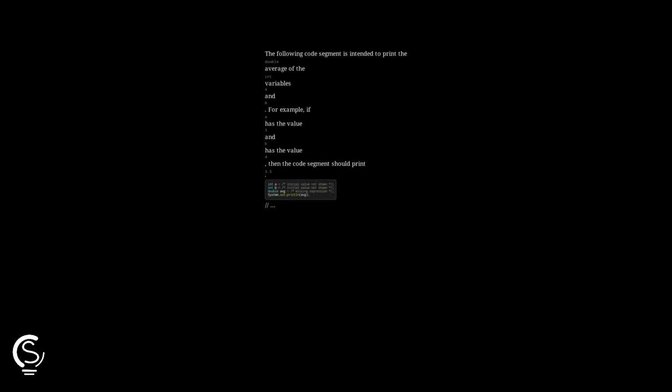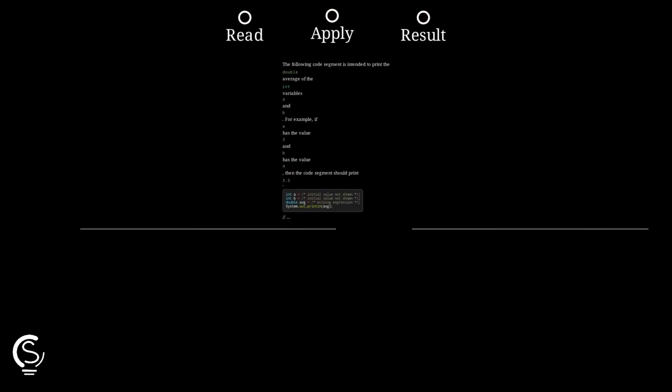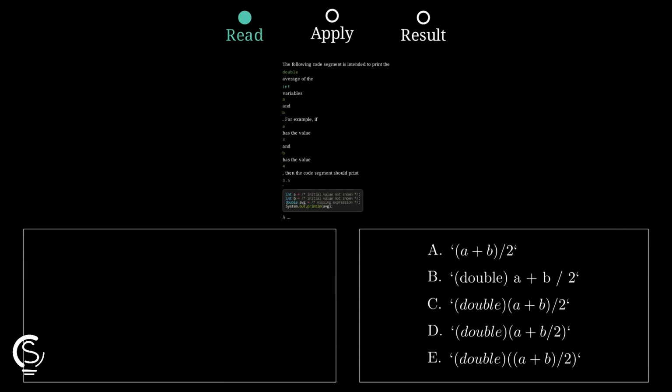To compute the average as a double, the division must occur using floating point arithmetic rather than integer division. Choice C, (double)(a + b) / 2. First, cast the sum to double so the division produces a double result. For example, if a equals 3 and b equals 4, then (double)(a + b) / 2 becomes 7.0 / 2, which is 3.5. Choice A, (a + b) / 2, uses integer division, so 7 divided by 2 evaluates